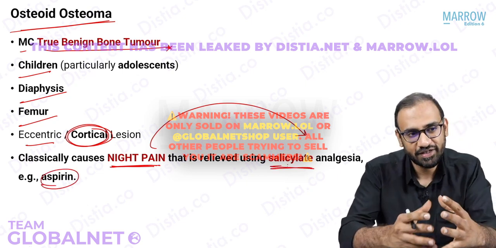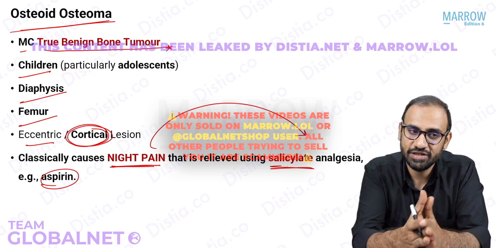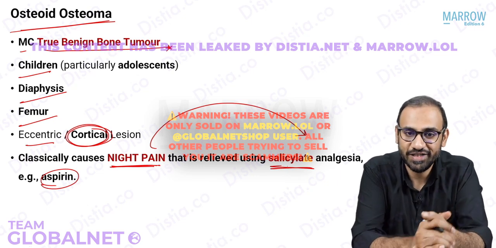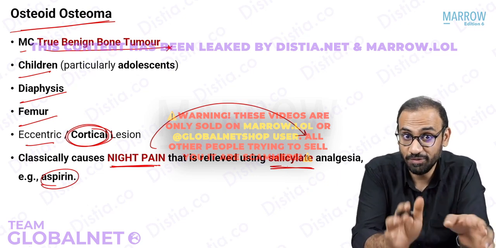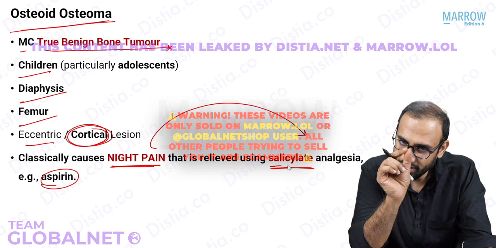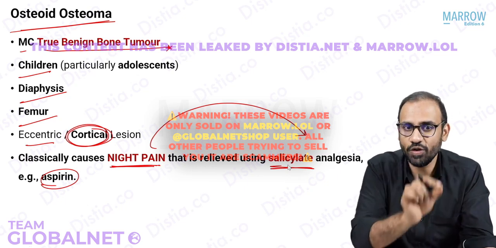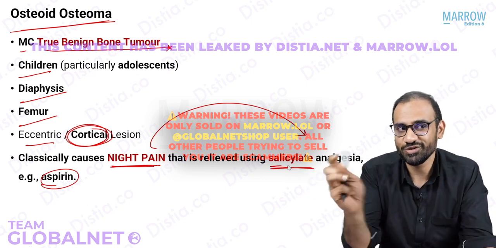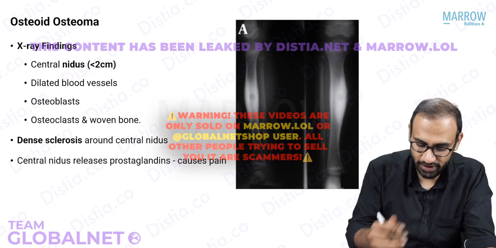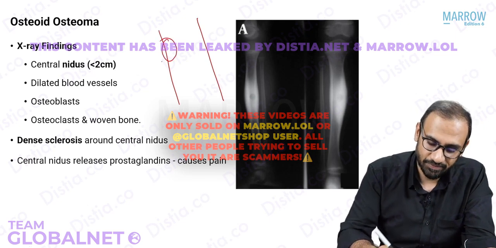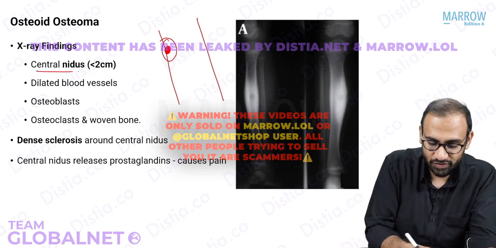Very, very important. In fact, the relief of pain by using aspirin or salicylate is so classical that it is diagnostic of osteoid osteoma. And please remember that. So what is this osteoid osteoma? It's a benign osteoblastic tumor where there is an abnormal osteoid surrounded by osteoma. Osteoid, if you recall from the basics, is basically bone without the mineral, so it will be lucent. So on the X-ray, what will you notice? That there is a cortical lesion. So this is the bone. Here there will be a lesion, a cortical lesion, which is centrally osteoid. Osteoid is bone without the mineral, so the central nidus will be lucent.